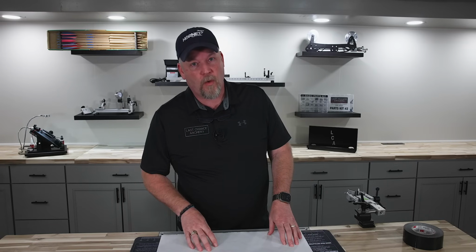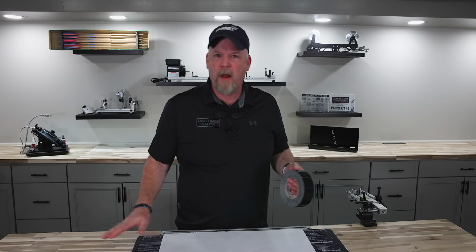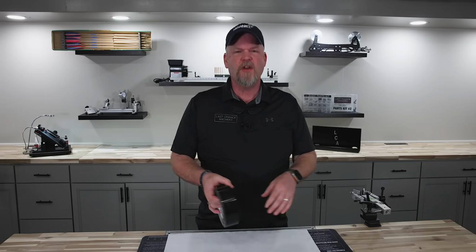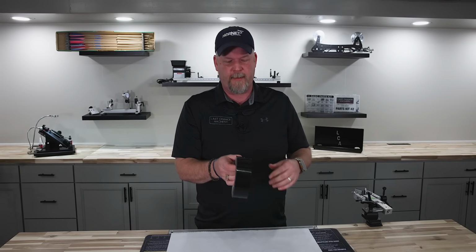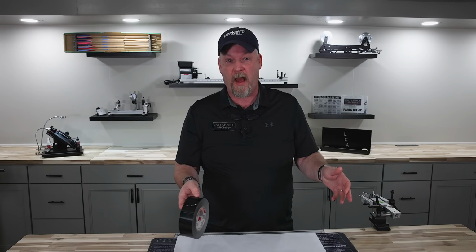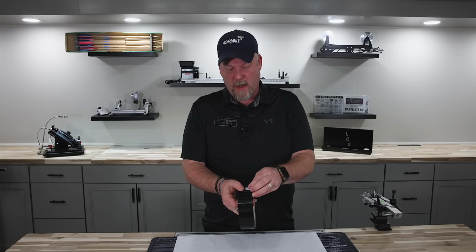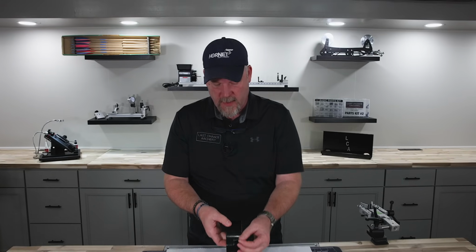In order to start torque tuning, you're going to need to set up a target. I normally start off with just a plain white piece of paper. You can use a straight edge or a marker to make a straight line, but I like to use duct tape. The reason that I like to use duct tape for creating a straight line for tuning techniques is because, come in here a little closer, Jonathan, so they can see this,